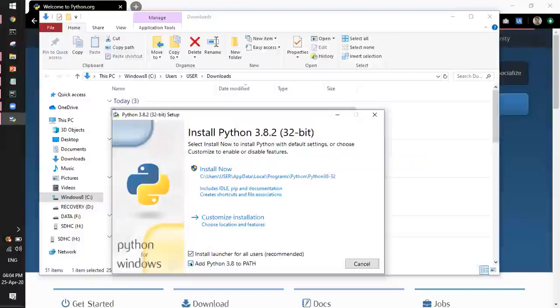So Python will be installed on your machine, and the path of that particular installation will be saved into the path variable of your environment variables.